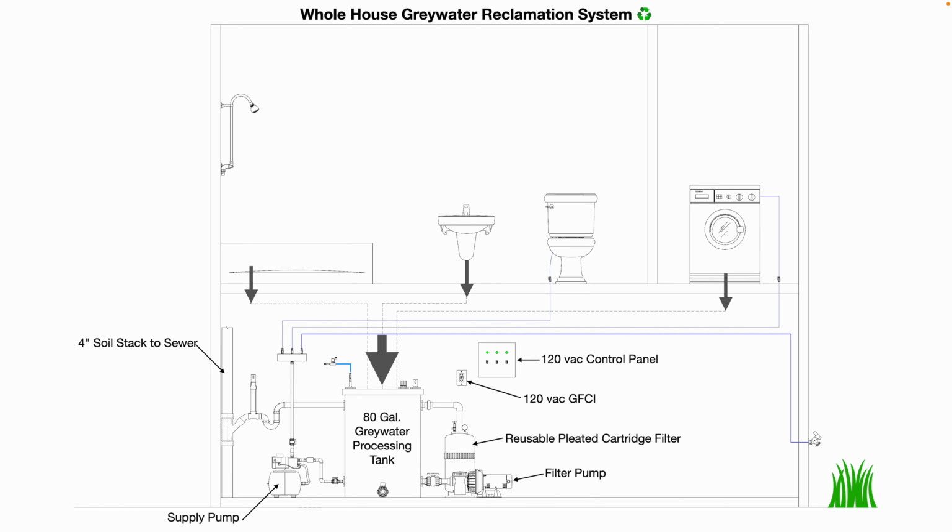That gray water is then very quickly pumped through the filter. The filter is a reusable pleated cartridge filter that is dosed with either diatomaceous earth or cellulose filtering media. Once the gray water has been processed, the supply pump, which essentially is a shallow well jet pump, pumps the treated gray water to a distribution manifold,